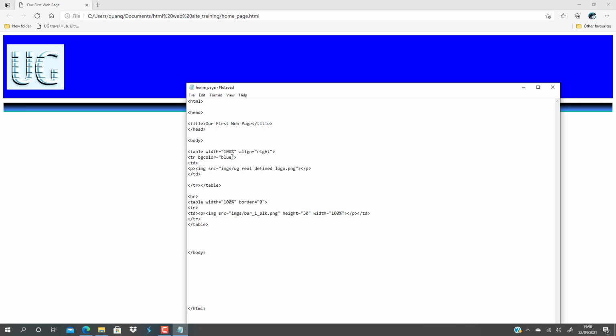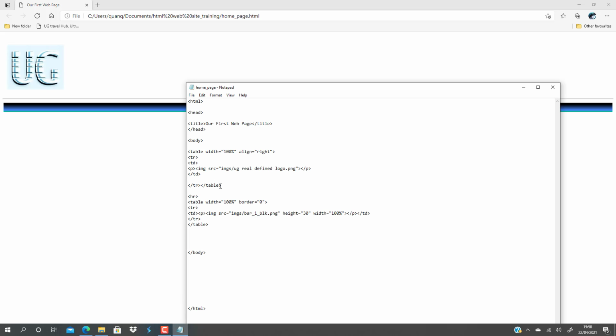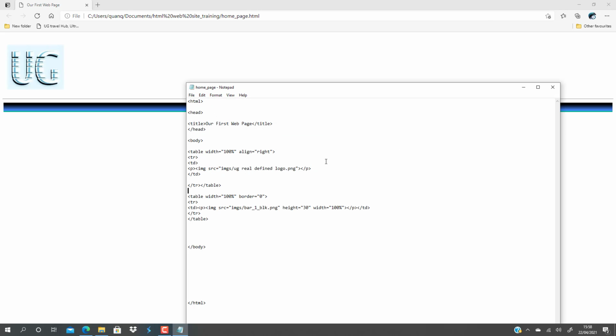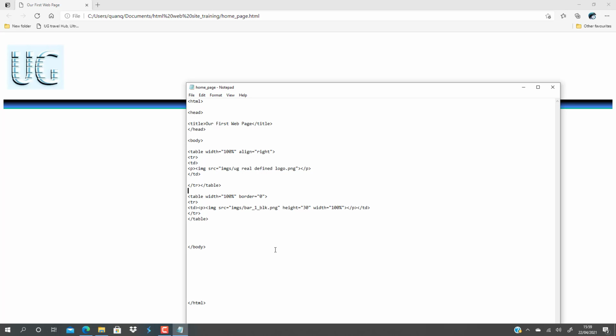So I've told you to study the way colours are defined in HTML, but I'm going to delete that colour background. File, save as homepage.html, save, refresh. I'm also going to get rid of the horizontal line. I don't like using them. Some people do, some people don't. I've taught you ratios of exact design, basically, according to alignment, etc. So really this is a tutorial about tables, and now I'm going to save it, save as, homepage, save, overwrite,